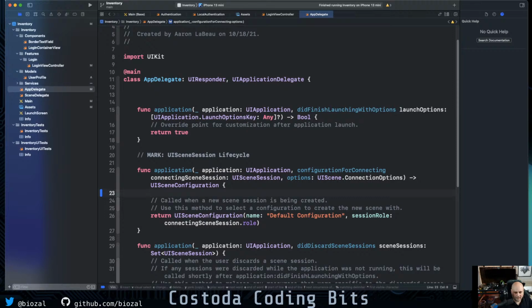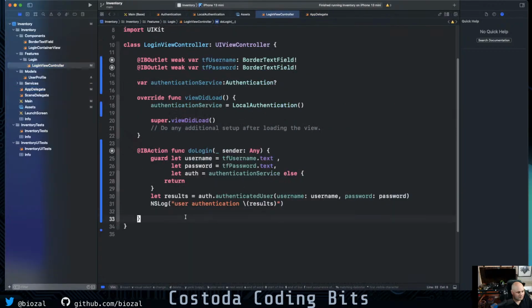But the thing you'd have to do though is you'd have to get a view controller pointer. So let's start with that. Let's try getting that and see if we can get this working. And then I think looking at the time here, I think that will probably be the end of this stream. So back over here, what we need to do is in this do login, if this works,